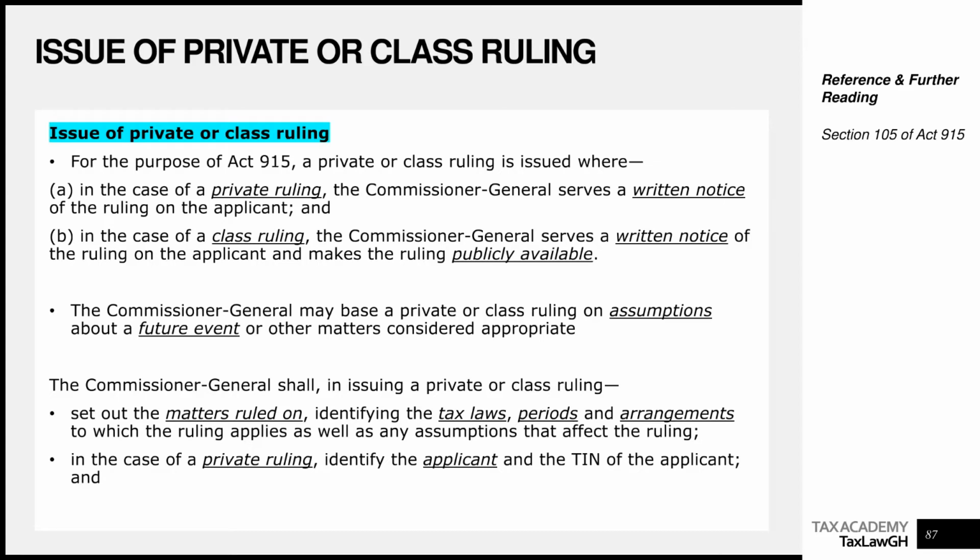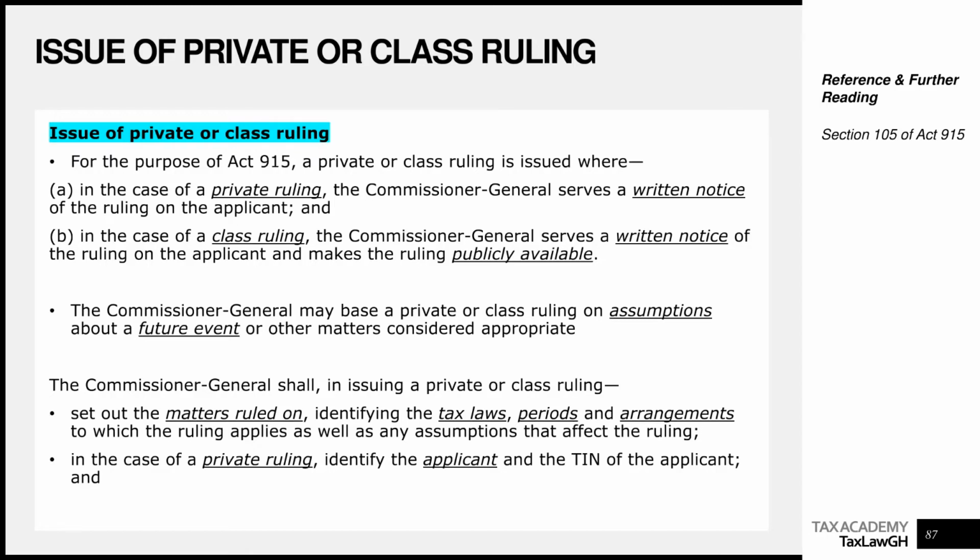Because it's a group, it will affect a number of different stakeholders. So for example, the one on the Ghana Association of Bankers is publicly available. I got it on one WhatsApp group, right? Because it's a class ruling. But usually private rulings are for one person. So before you get a private ruling, you must have known the person to whom it was issued and they share a copy with you, right? It's not publicly available like class rulings. But take note, you won't find class rulings on the GRA website. Take note of that. Publicly available means you can get access to it by asking someone who knows someone, but you won't find it on the GRA website. It's not mandatory for them to disclose it.